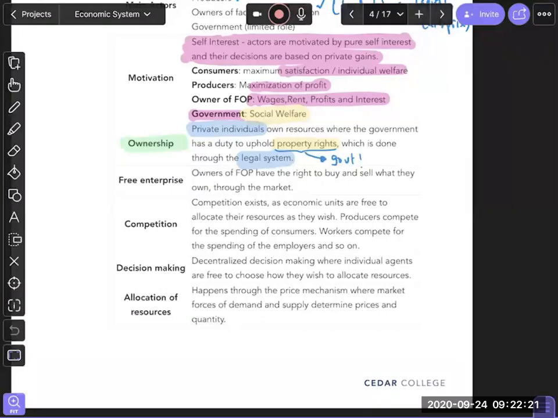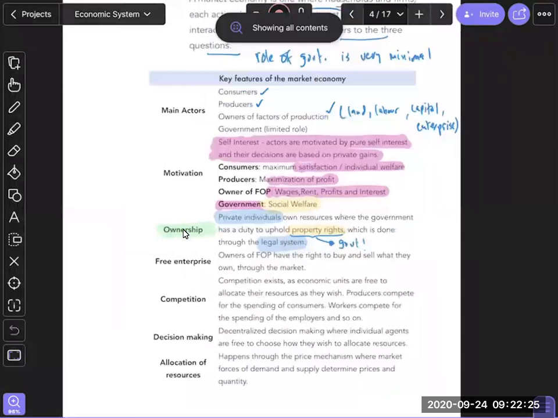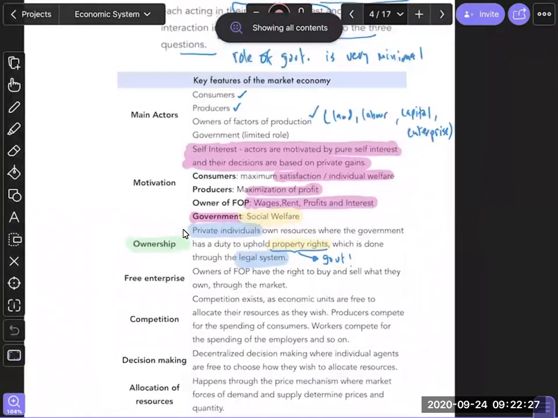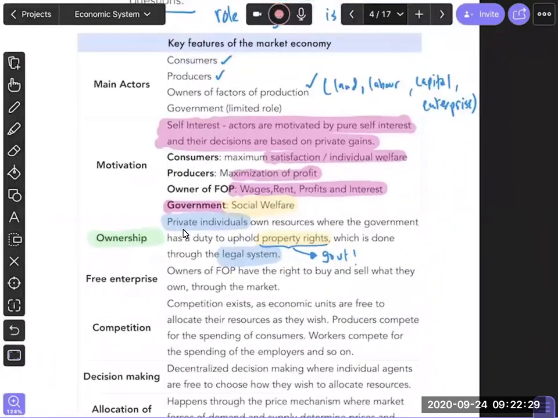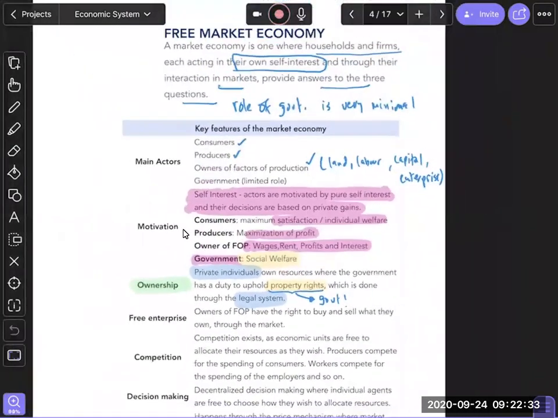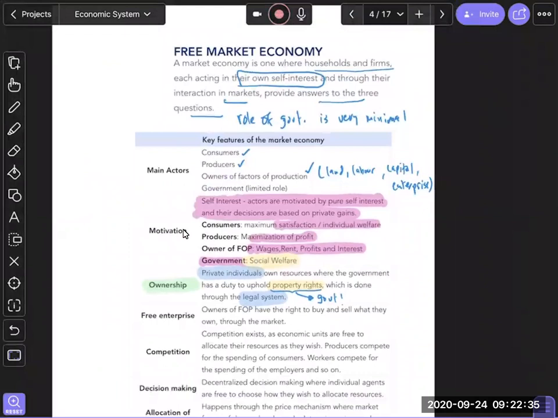Again. So last time where we ended, we were having a discussion about the key features of the market economy. Just to recap a little bit before we begin the discussion, we said that when it comes to economic systems, there are three large distinctions: your free market economy, your command economy, and your mixed economy.